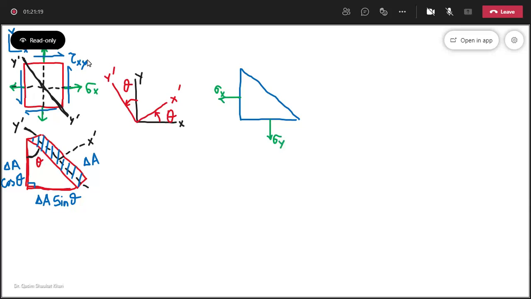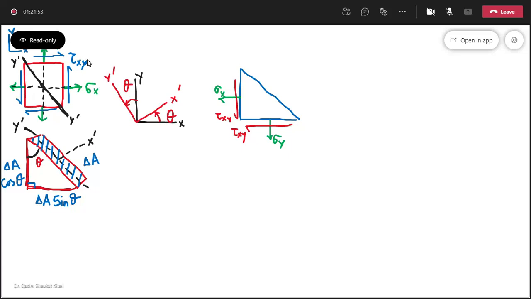This one is your tau xy. This is tau xy. This is also tau xy. Now if we want to find the forces,